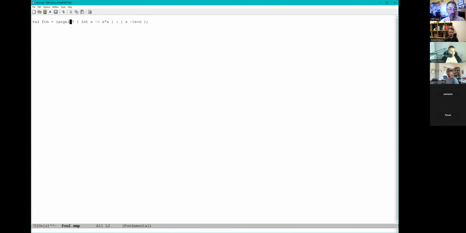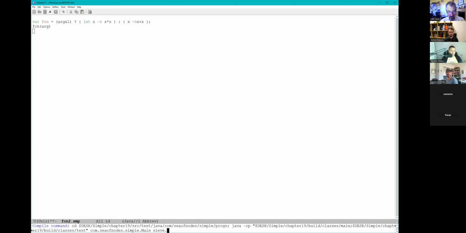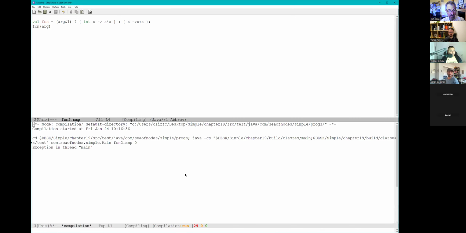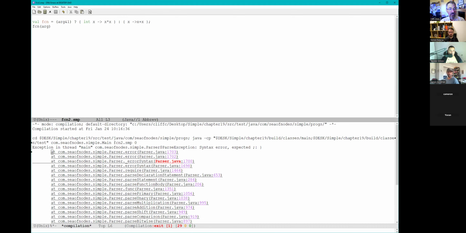If r and 1 equals 0, which would just be this, and then function of arg, maybe I can color mode you a little bit. And then we'll do function2.simple of 0. And it expects a semicolon somewhere.